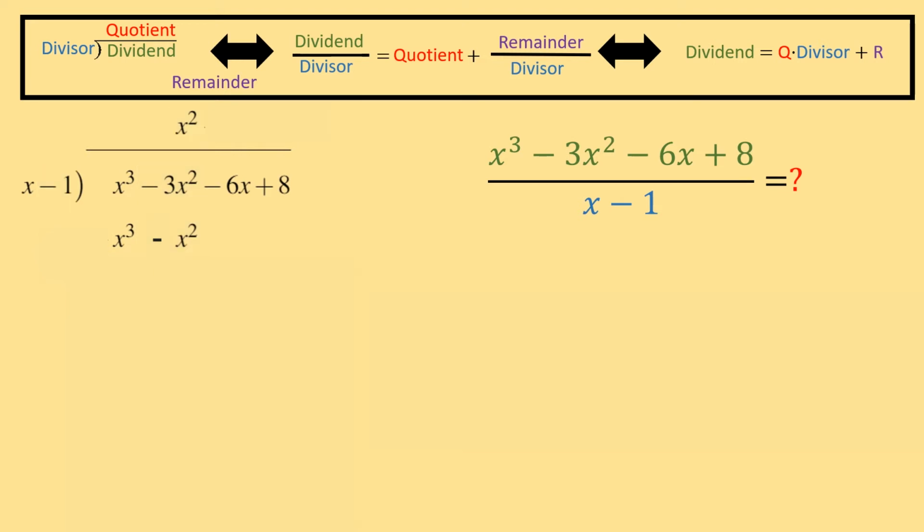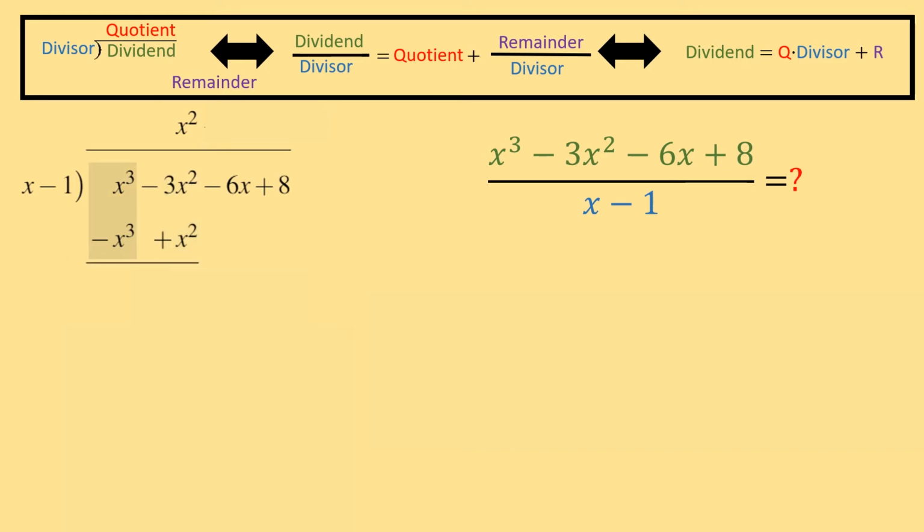If you remember, when you're doing long division, we always end up subtracting these terms that we put down here. And so sometimes it can be kind of hard to remember the signs that I should have in front of these terms that I bring down here. So usually what I do, instead of putting the minus way out front, is I just change the signs of these terms before I then add vertically. So I'll change positive x to the third to negative x to the third, and I'm going to take negative x squared and make it positive x squared. And this is probably the most common step that someone could make a mistake or forget whenever they're working with long division.